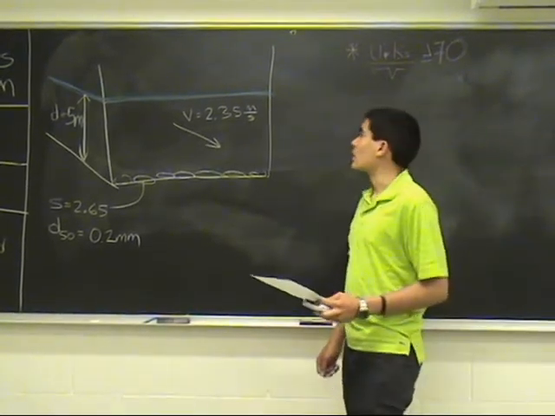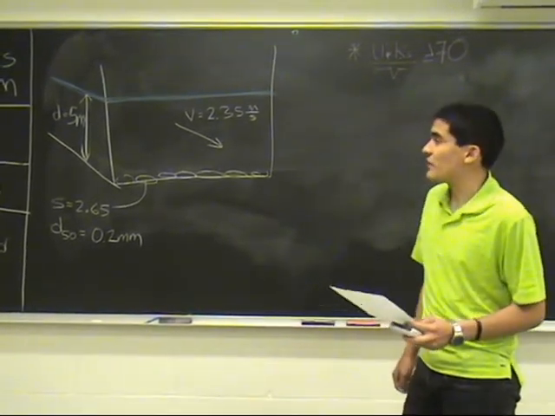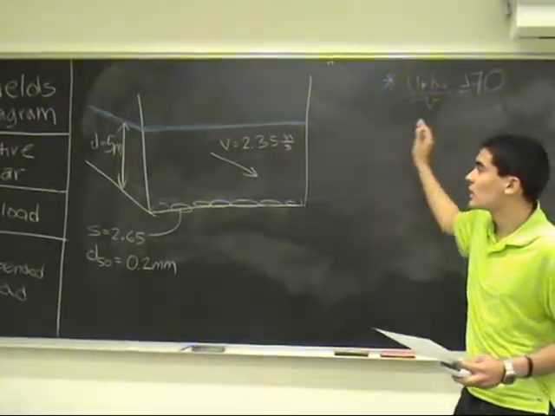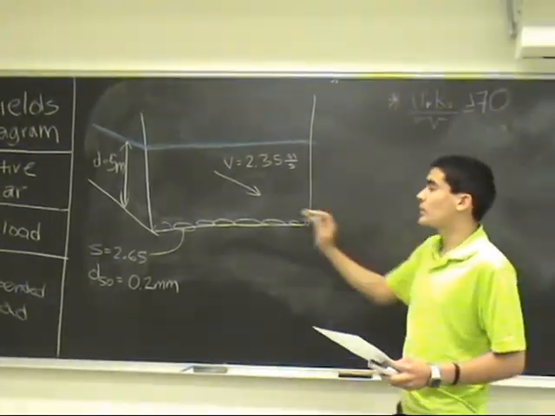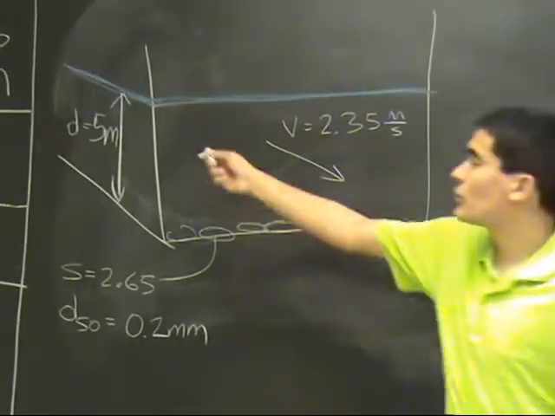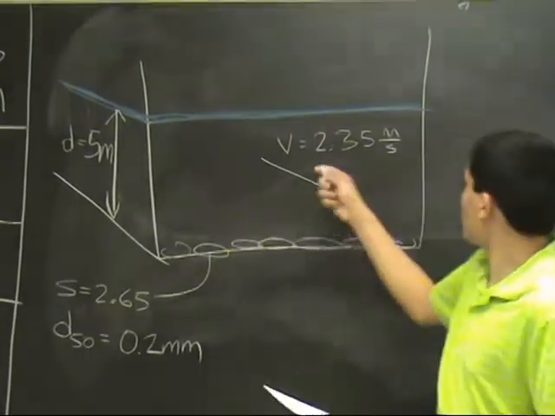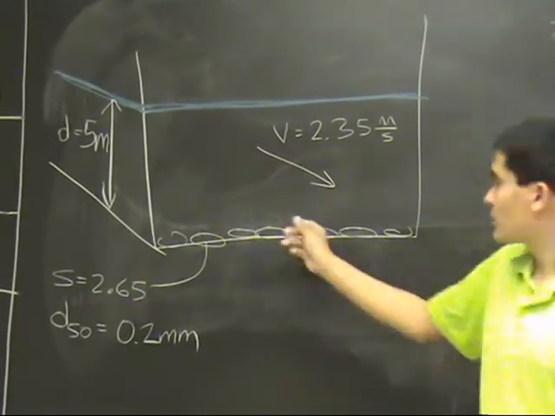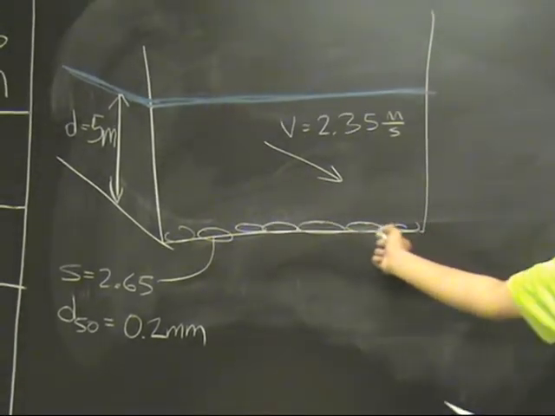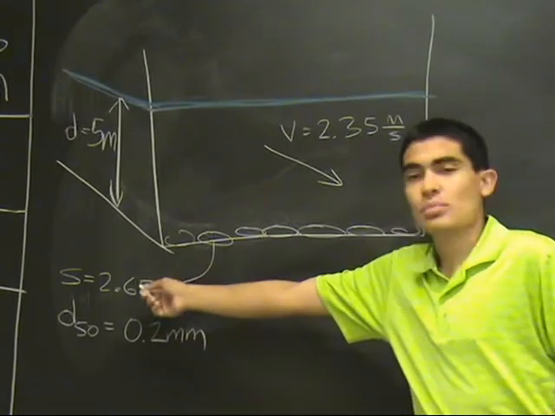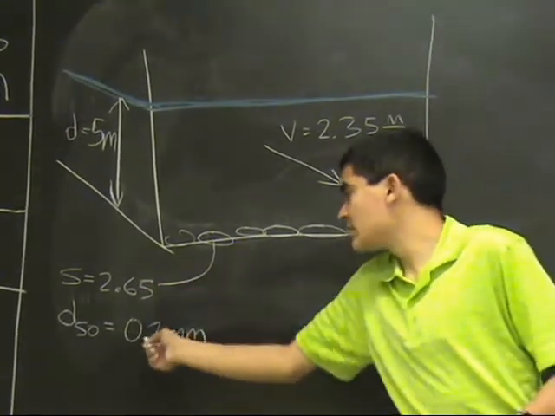Example now, and calculate the effective shear stress in this channel. We're going to stick with this channel as we work our way to bed and suspended load transport. So we have this channel 5 meters deep, that's pretty deep now, and it has a velocity of 2.35 meters per second. We have some particles down here in the bed. The specific weight is 2.65 and the D50 is 0.2